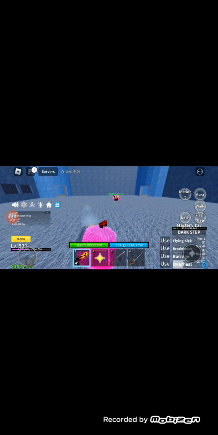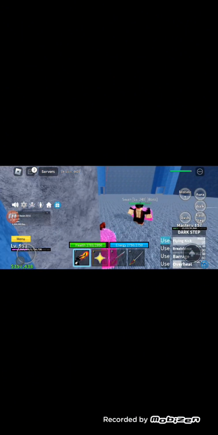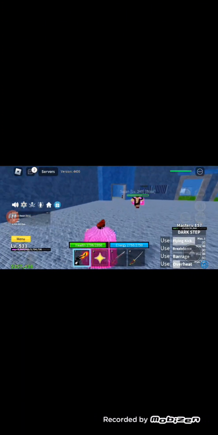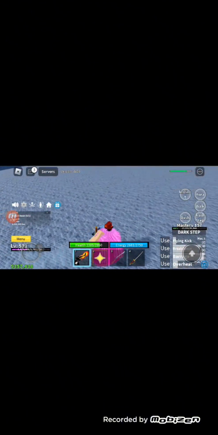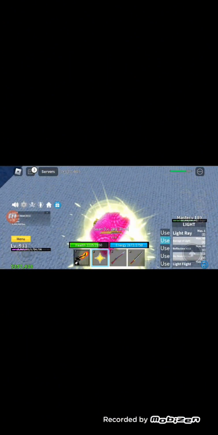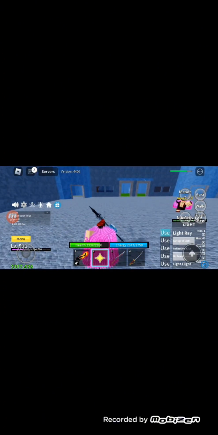I'd recommend actually using a fighting style for this one. More specifically, Dark Step or Water Kung Fu. I found that it is extremely easy to fight him with Water Kung Fu, which is the fighting style I had earlier. So,